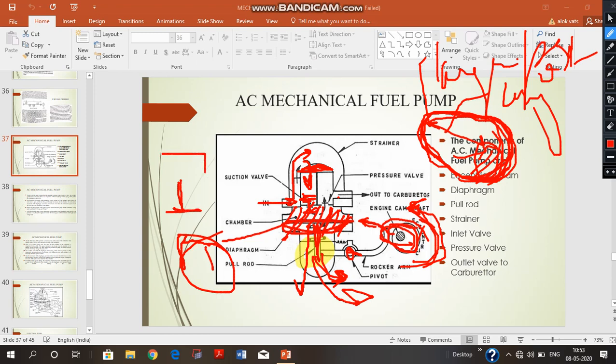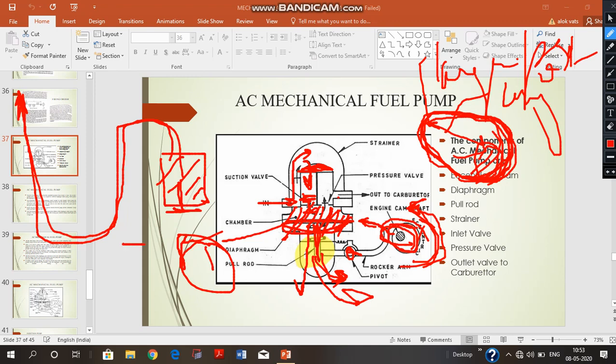The pressure at the top of this valve is higher, because it is nothing but the pressure of the fuel line, the pressure of the fuel tank, which is the atmospheric pressure, while the pressure below, which I am showing in a different color, has fallen because of the downward movement of the diaphragm. So the pressure here is higher and the pressure here is lesser, and we know that things move from higher pressure towards lower pressure, so the inlet valve has opened up, and